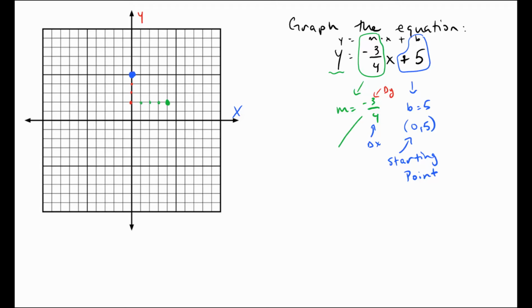I want to go ahead and point out that I could also write this slope as +3 over -4. And it just kind of depends on how you want to look at it, but either will work because they both work out to a negative slope. And we'll see that that ends up on the same line. So if I go up 3 and then to the left 4 in the negative direction, now I have 3